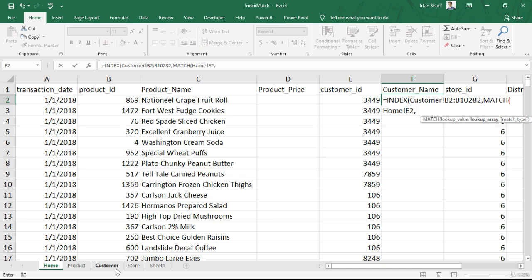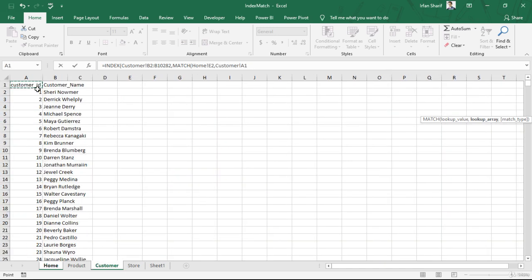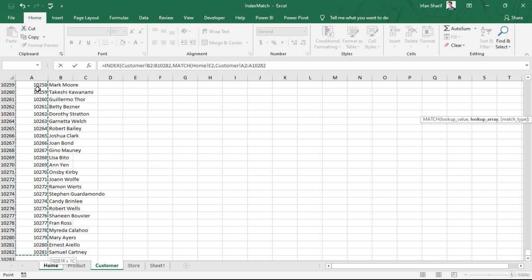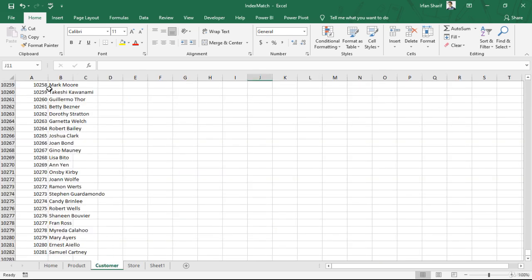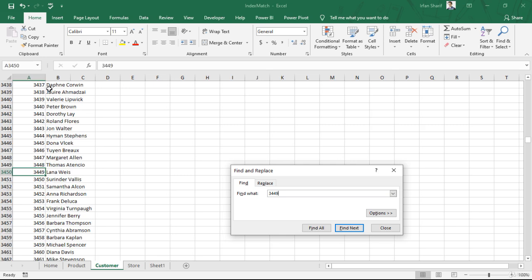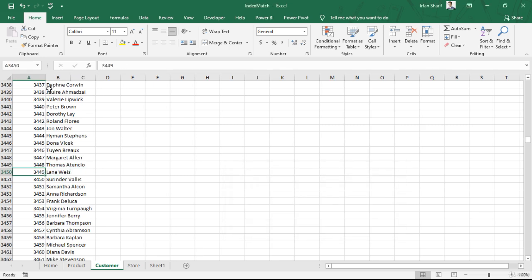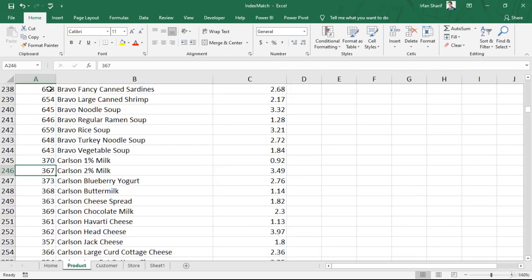So I will go back to customer file and I will be saying that we are looking for here in this customer ID column, and press comma, and let us select the exact match type, and let us close the bracket twice and press enter. So here we have Lana Waste as a customer name, and now let us check against 3449 that what is the customer name actually in this file here. So 3449, I would say Control F, 3449. So we can see that we have the same customer name as Lana,